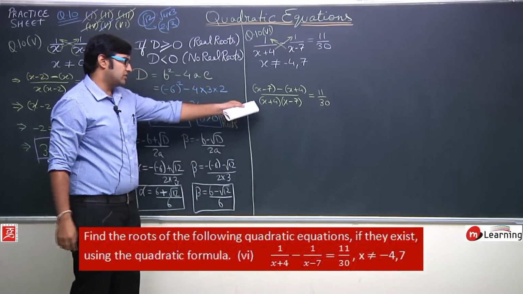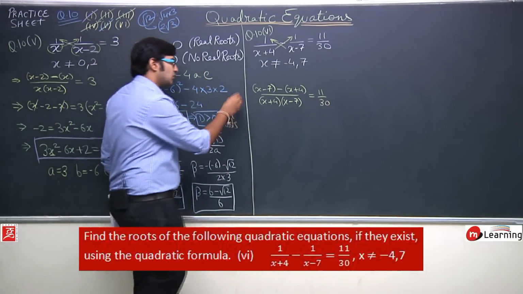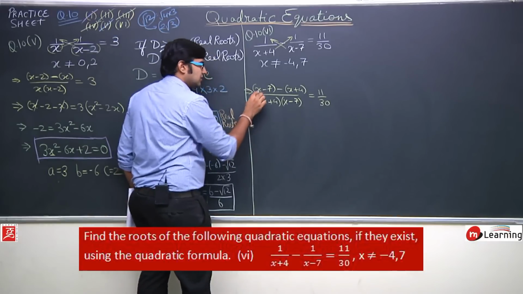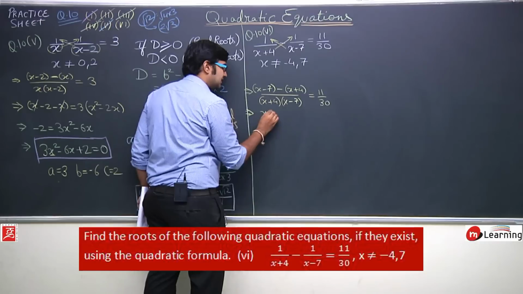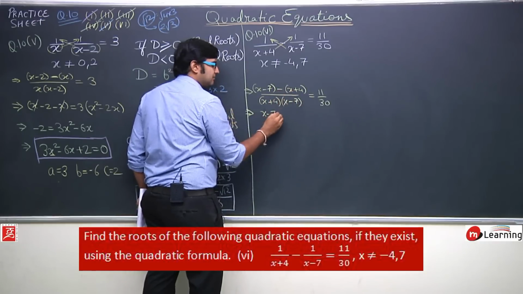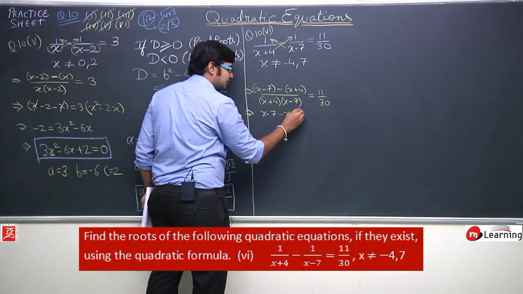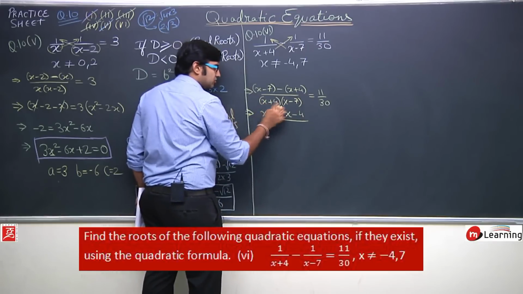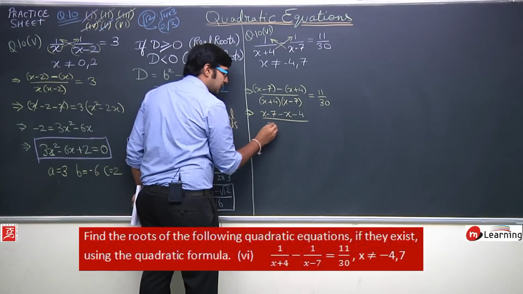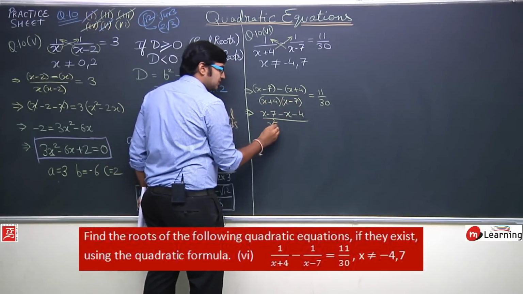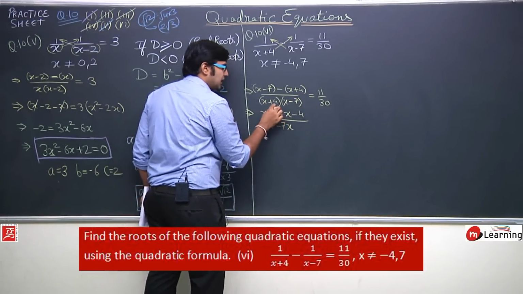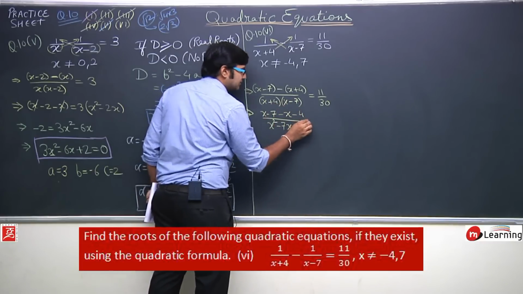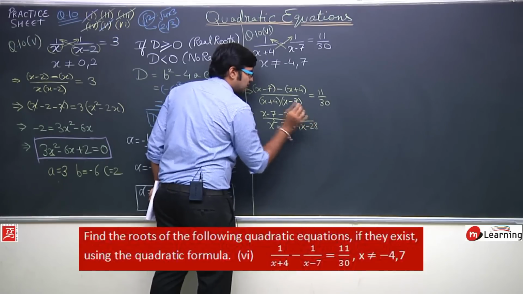Okay, so this will be the equation. Now further solving this, when you solve this further, this x minus 7 will remain as it is and this minus will get multiplied, so it will be minus x, and minus 4 upon this will get multiplied. So what you will get, x into x will give you x square, x into minus 7 will give you minus 7x, and 4 into x will give you plus 4x, and 4 into minus 7 will give you minus 28.